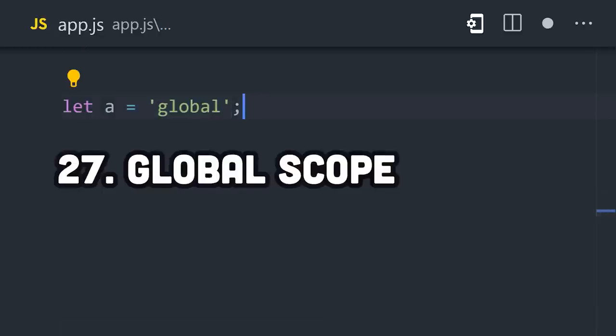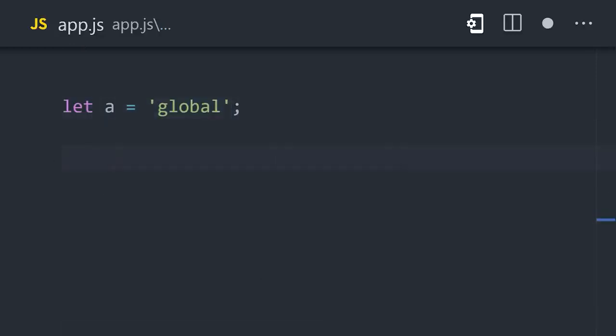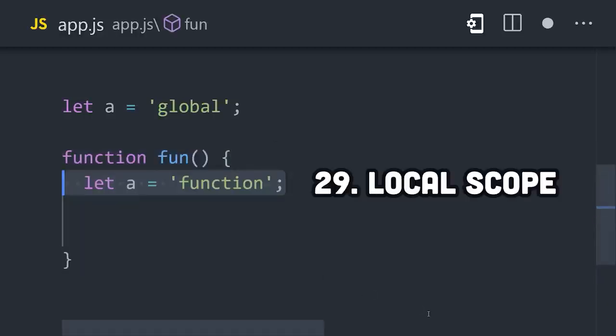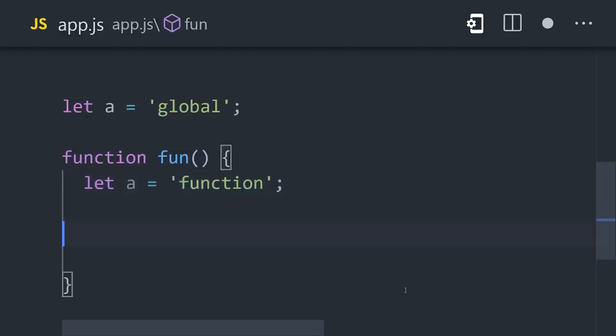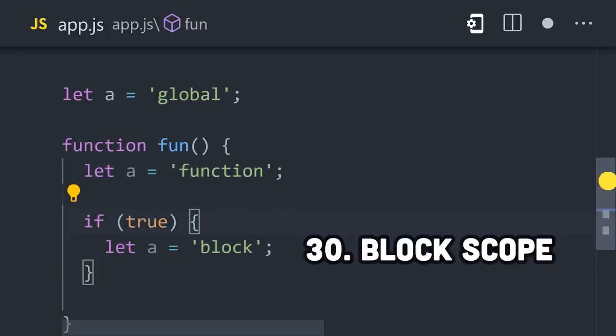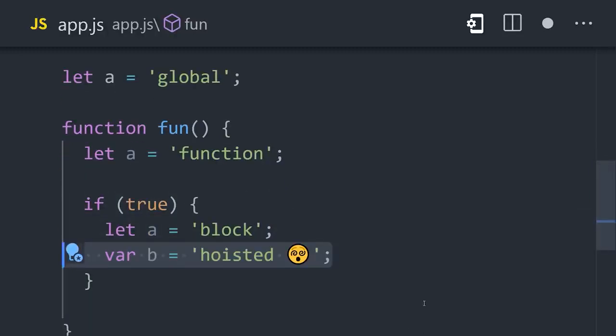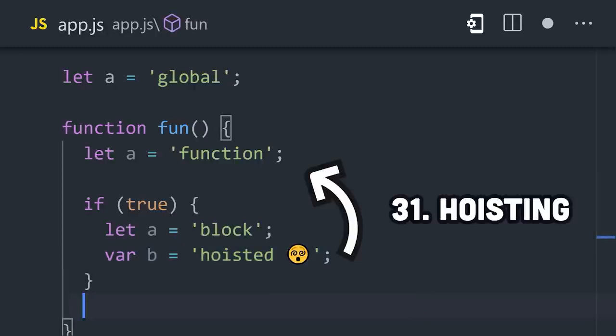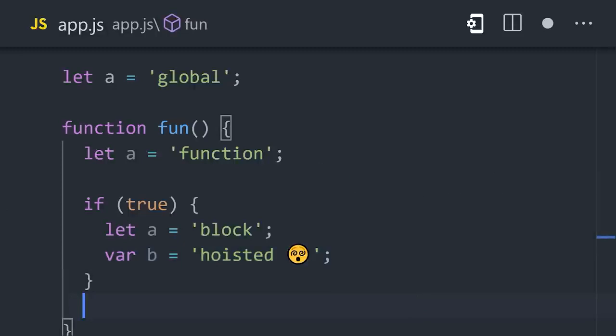There's a global scope, which is where we are right now, which means this variable will be available everywhere. However, if we define a variable inside a function, it then becomes local to that function and cannot be used outside of it. And finally, if you have a statement like an if condition, variables can be scoped inside the braces or block, unless you use var for that variable, which is not block scope, in which case it will be hoisted up into the local scope for that function. And trust me, you don't want that weirdness in your life.